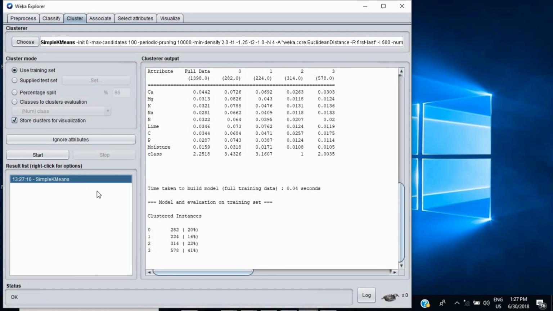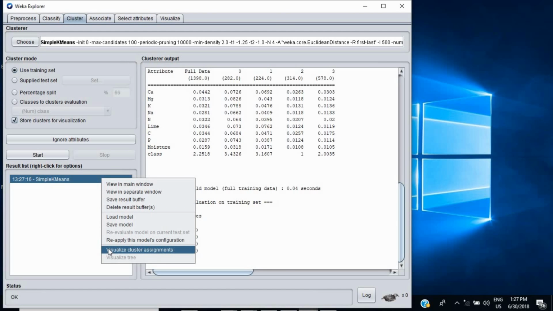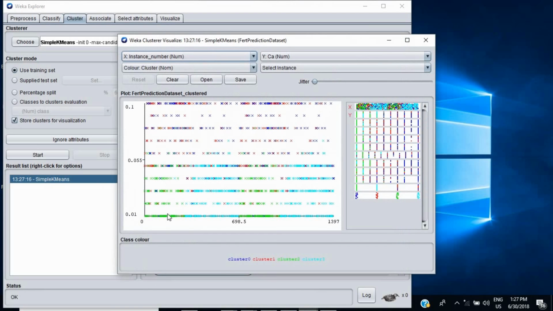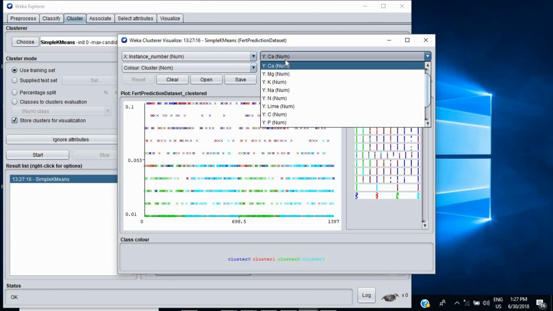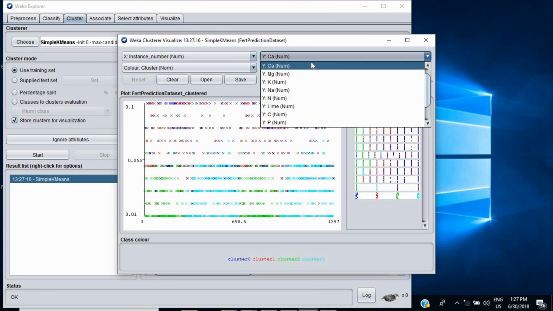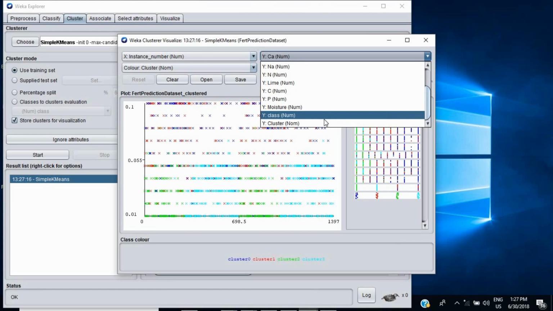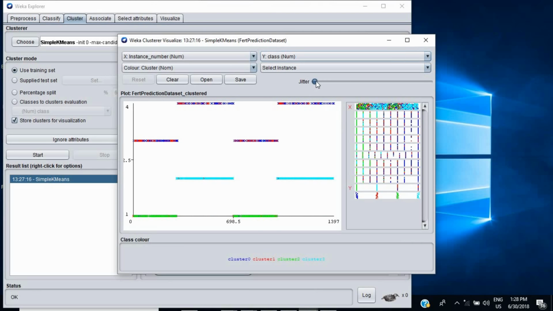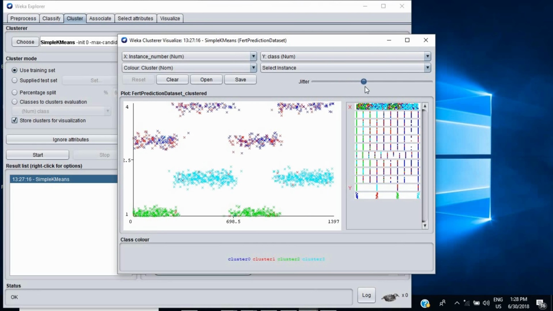As we have 4 class levels, we have to set our number of clusters to 4. And again, using the same training set, we are going to start our clustering process. Here are the clustered instances and attributes. Now, to visualize the clustering, we have to select Visualize Cluster Assignments, and here we can see the features are